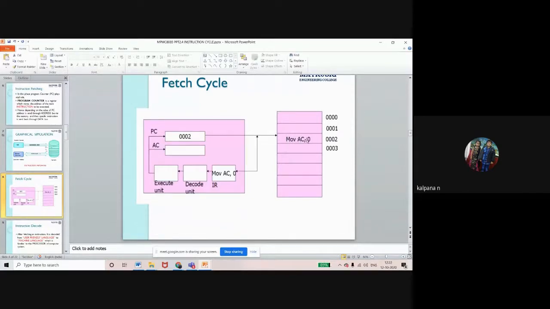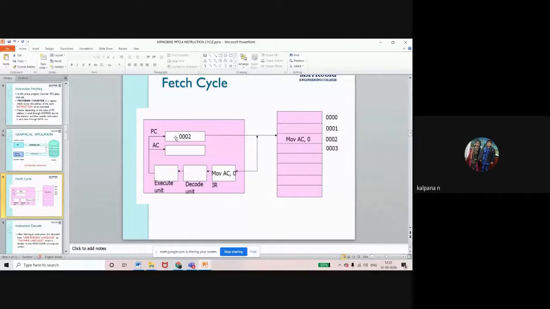Now, the first instruction we are giving: move AC comma 0. After the user gives the instruction to the processor, that instruction is immediately moved into a memory location, right? So what is the memory location? Number 0002. Now this 0002 is stored in the program counter. Understand?